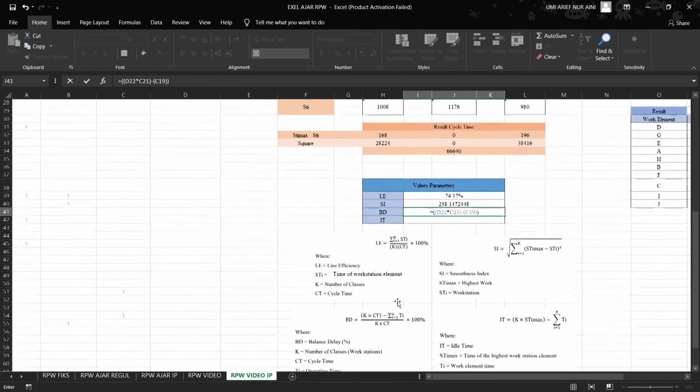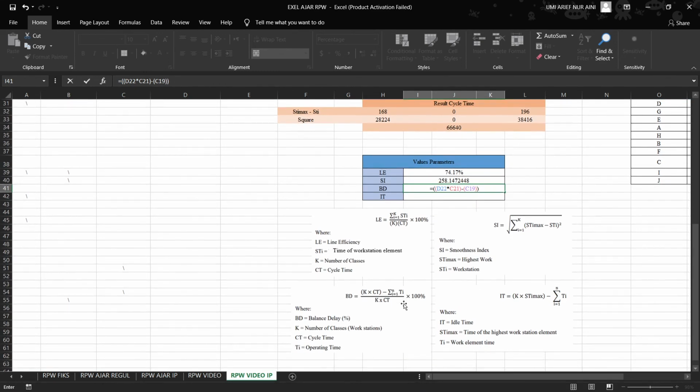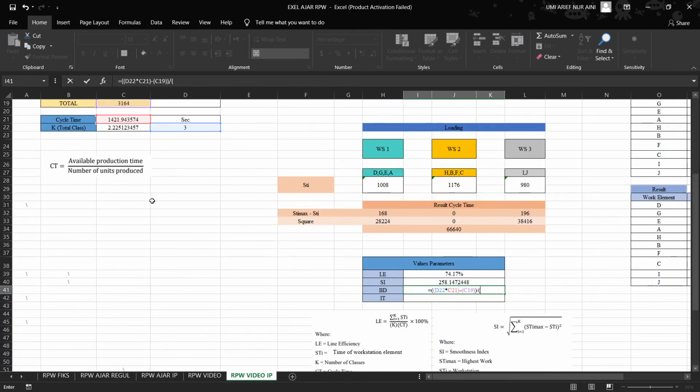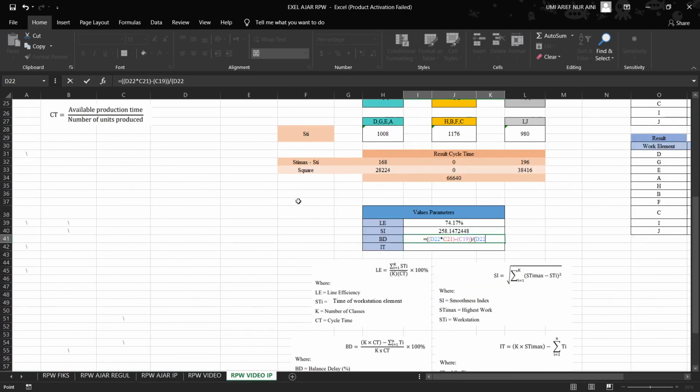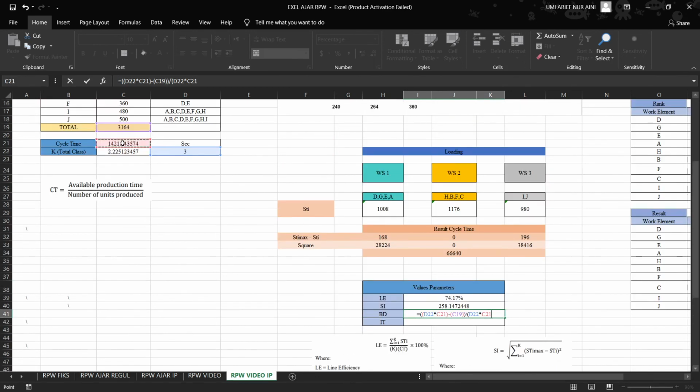After that, for the formula, after we subtract the total workstation, and then divide it by K, or the total class, which is 3, then multiply by cycle time.